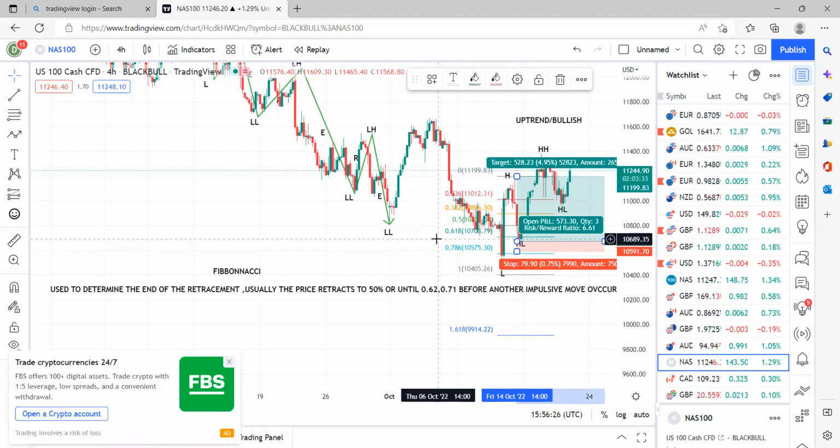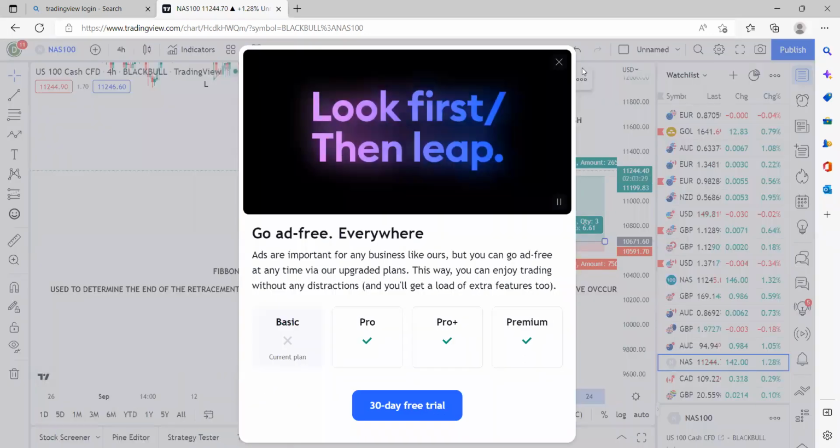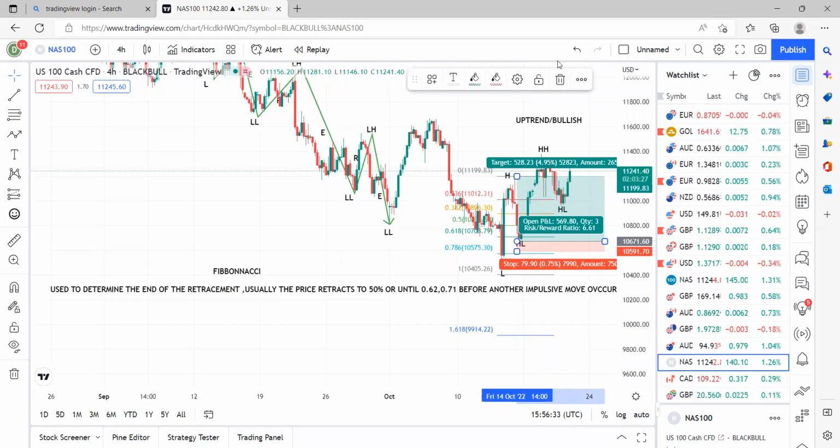Whatever it can be, $1, $10, it is 1:6. So it means for $10, your TP should be at least $60. You get it? So it's 1 to 6 risk to reward. It means when you go and punch in the trade,